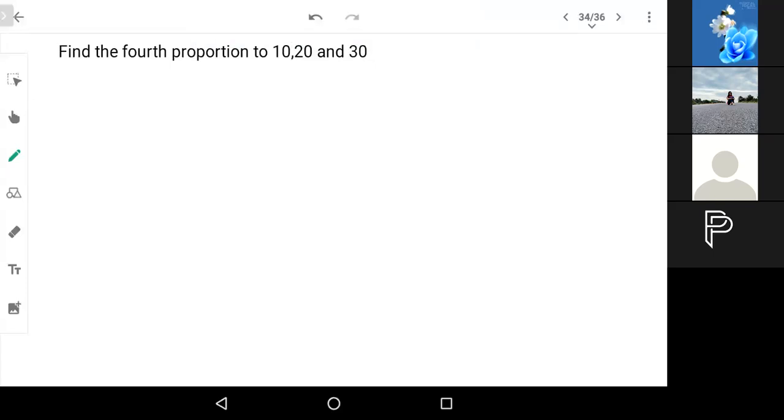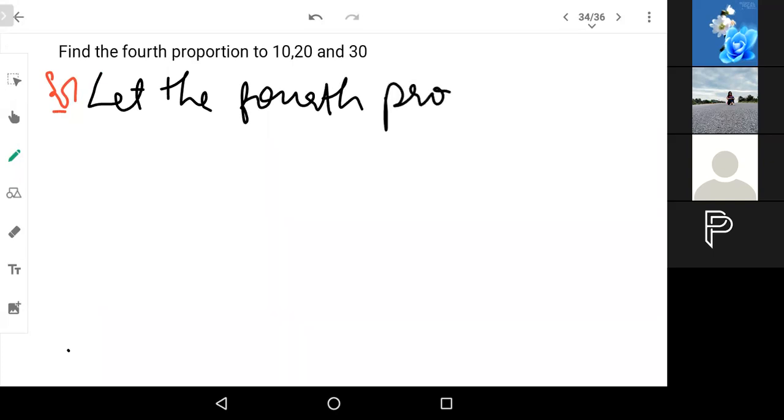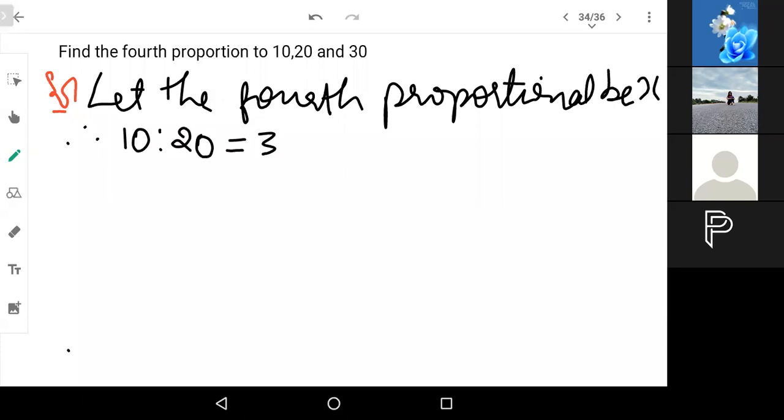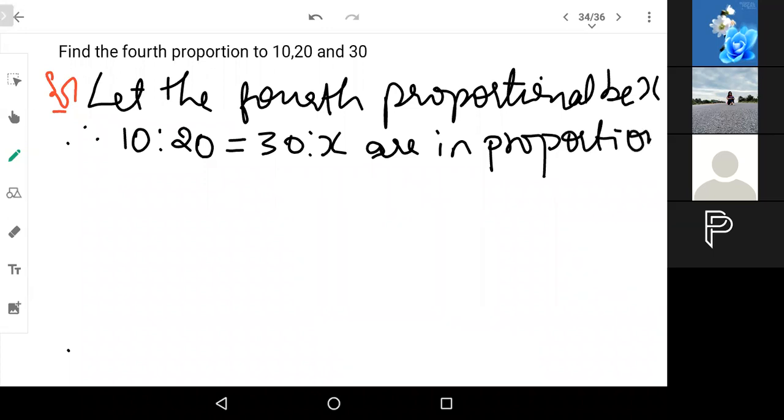The fourth proportional to 10, 20 and 30. Solve this now. Let the fourth proportional be x. Therefore, 10 is to 20 is equal to 30 is to x are in proportion. Very good. X is 60. By rule,